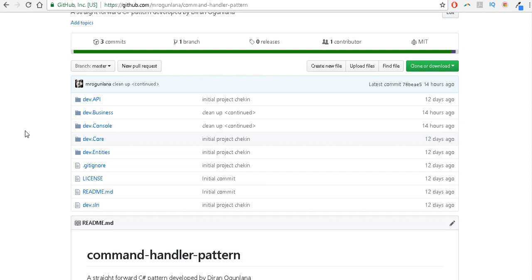And so what I've come up with is something that's actually similar to another design pattern or approach, and that is the bus design,